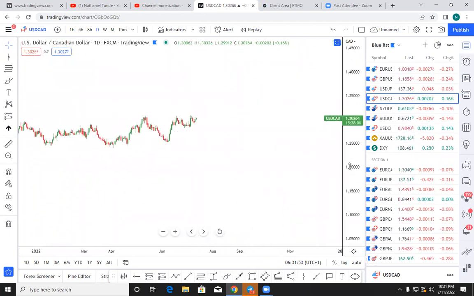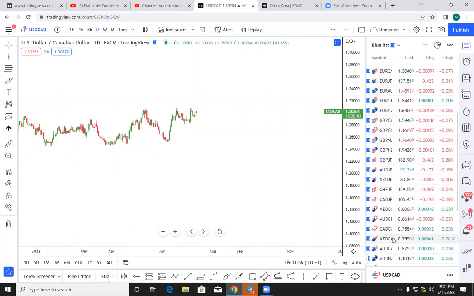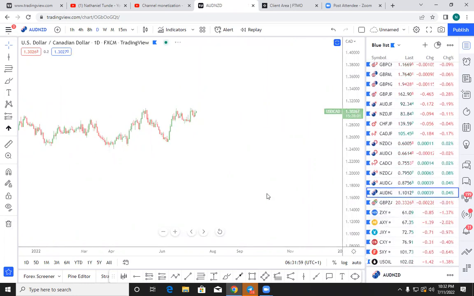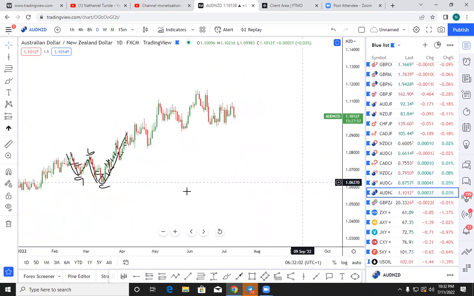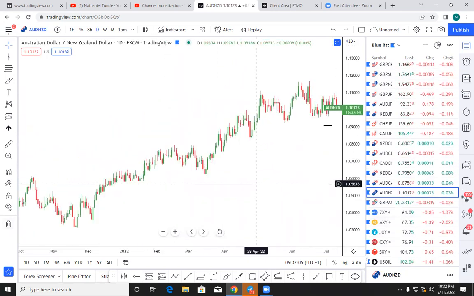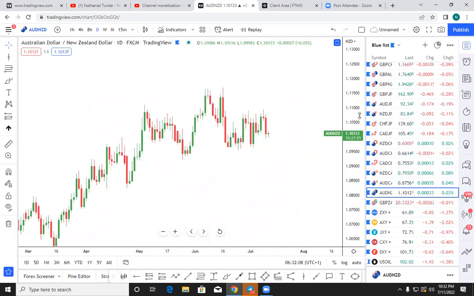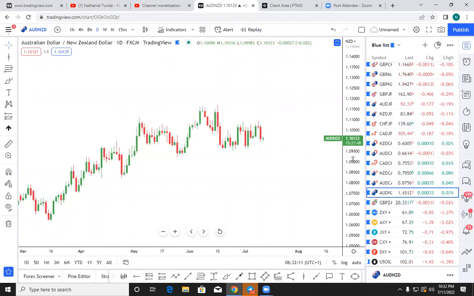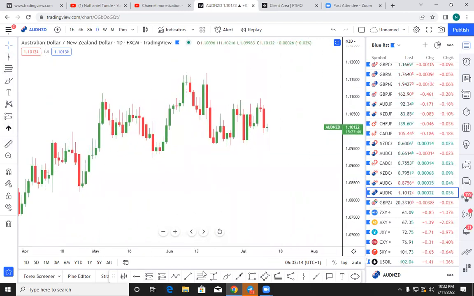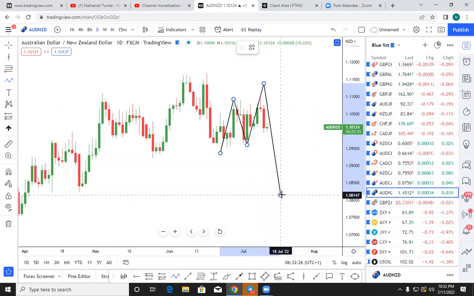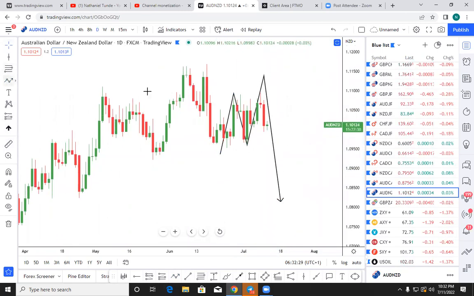So guys, let's go to AUD NZD. The move is going right. No, we had expected this market to pull up. The structure wanted to pull up. Just take note, guys. If AUDNZD can pull up to this level, look for your sell opportunity to the downside. Don't forget this. If it's going from here, it's no longer your trade. Forget about it. But if you pull up to this level, take a sell to the downside.